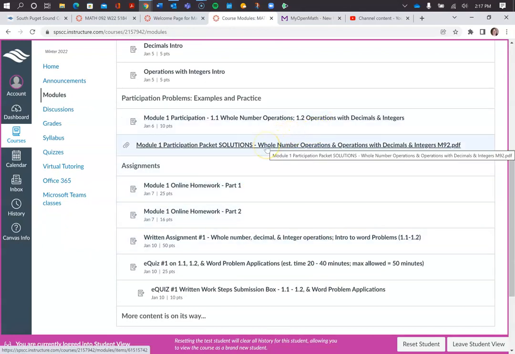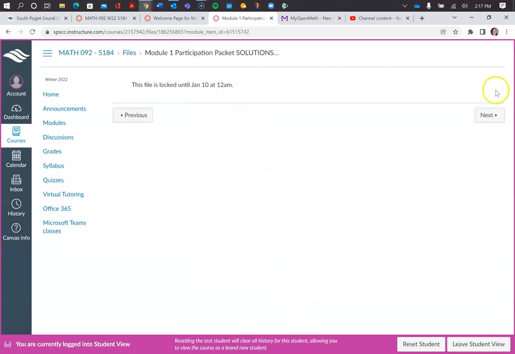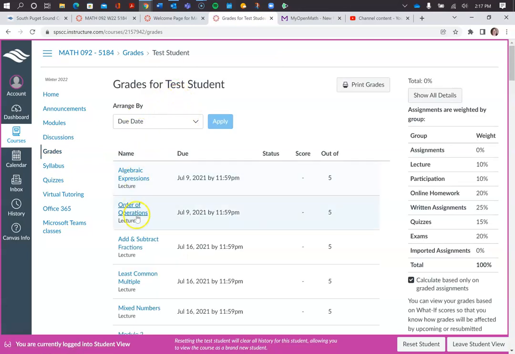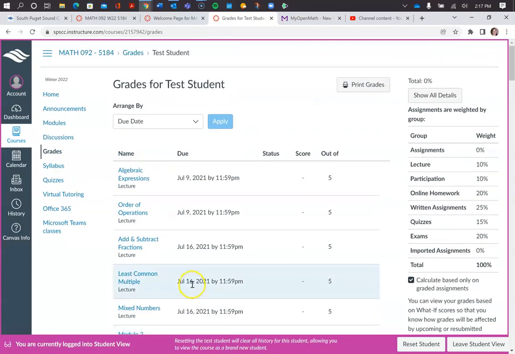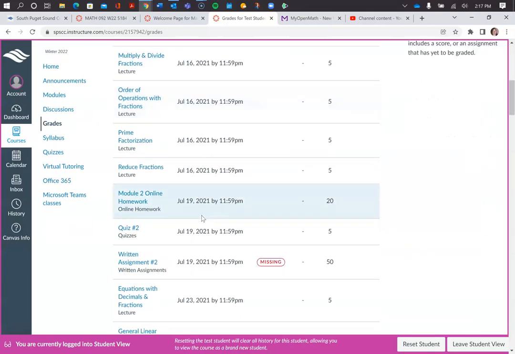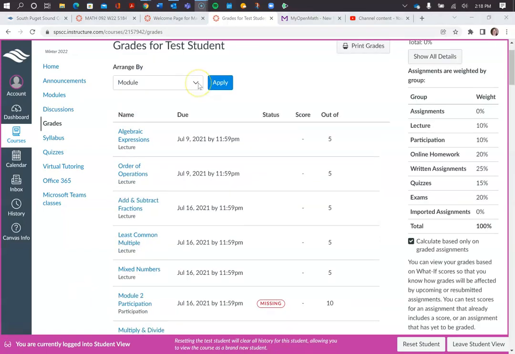I want to show you here where the packet solutions would appear when they're ready. Okay, but again, you can ask for them sooner. You can just do that in the comments of your gradebook. Like you can go in here after you submit your work, you think, oh, I really want those solutions or something. You can go into the written assignment number 1. Okay, and so I can find that easy.